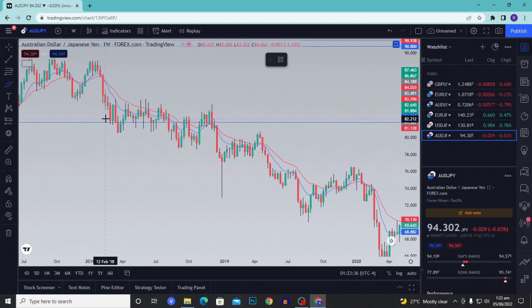Okay. Let's look for some W formations. And as you can see here, we have some right here. So see, price came down here, went up, came down, then went up to form a W formation right here. And then we had another one right after that over here